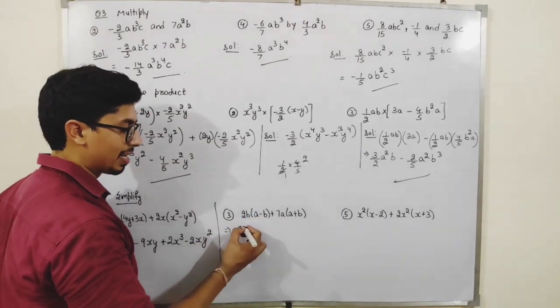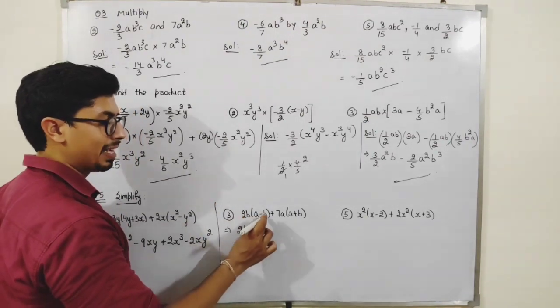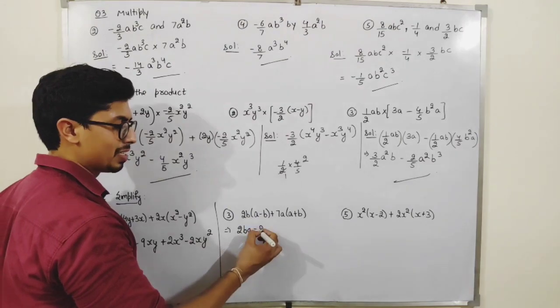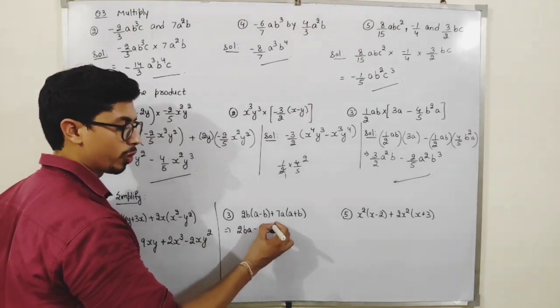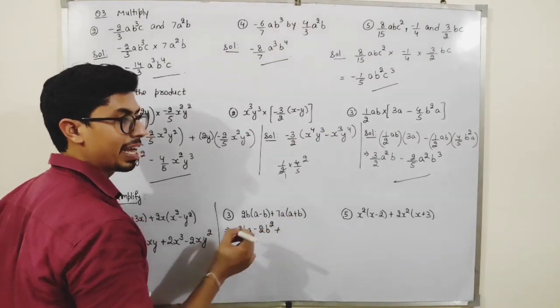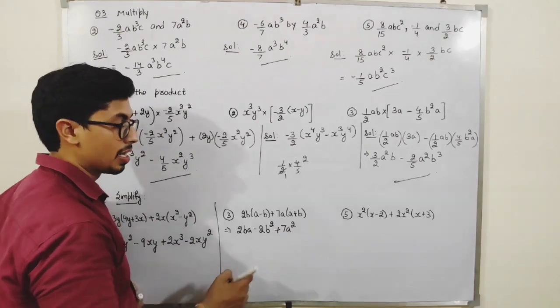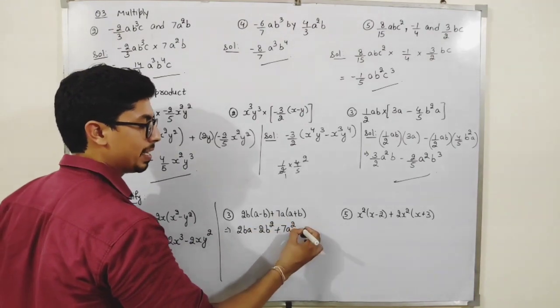So I can write it like this, ba as it is. Now if I multiply this by this, see, 2 as it is, b into b is b square. Okay, plus 7a into a, so 7a into a is 7a square, and 7a into b is